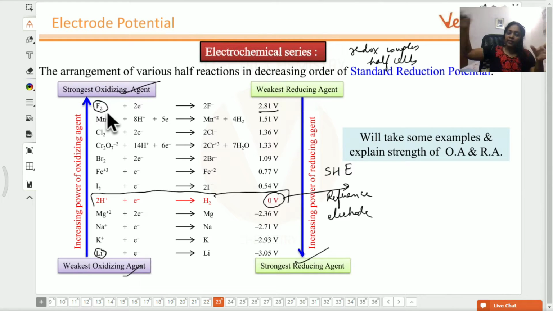Whereas fluorine has a very great tendency to accept electrons because it's a halogen. Halogens, we know, are just one electron short of their octet. So they desperately want to avoid electrons being lost. So fluorine is